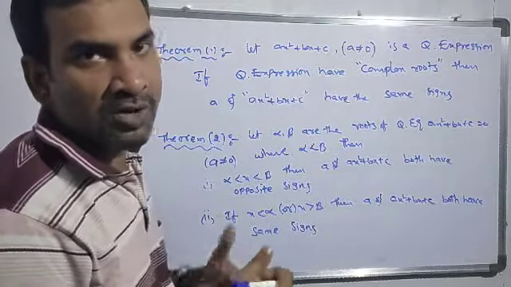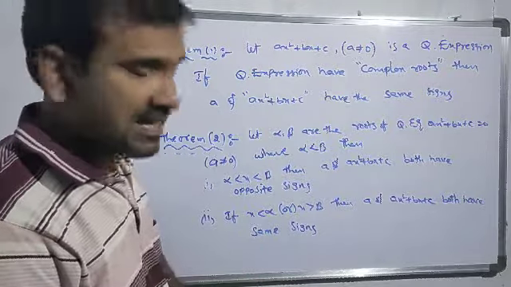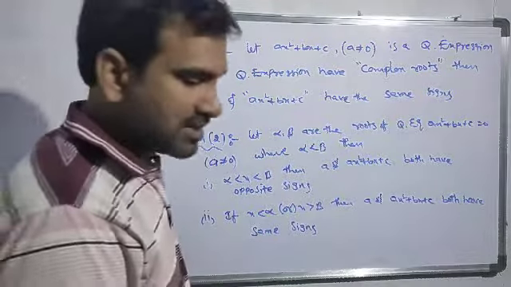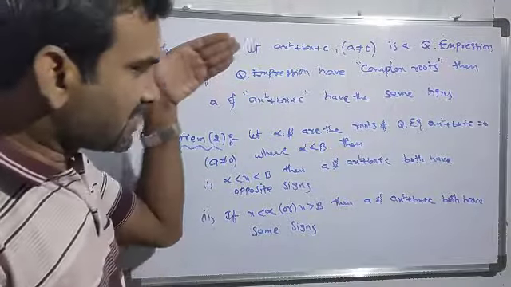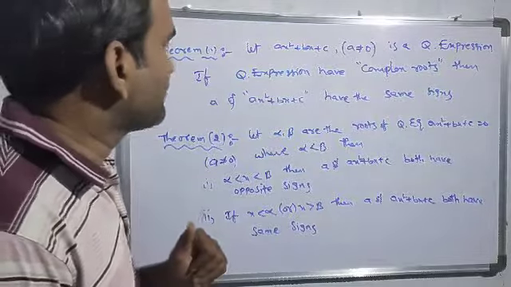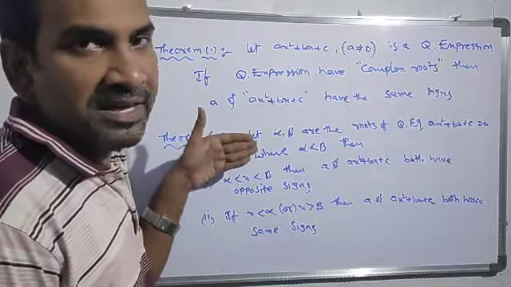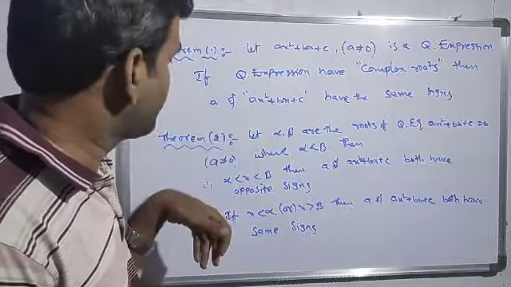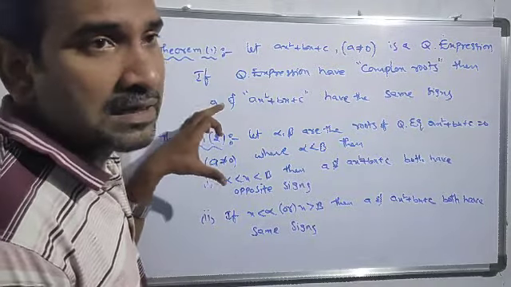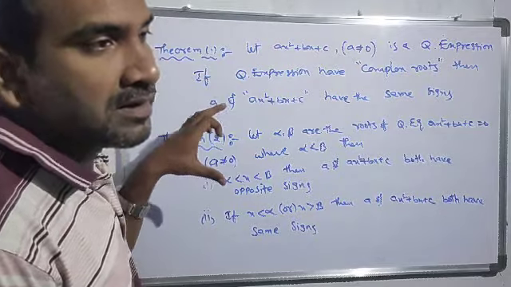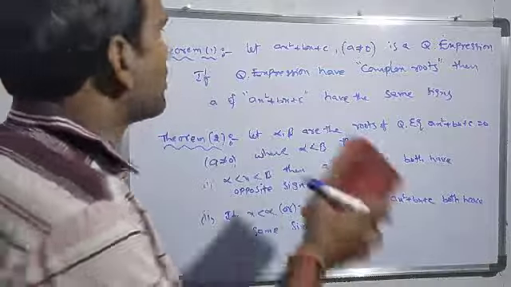So these two concepts are very helpful to solve the increasing and decreasing functions problems. Right, now I will take some problems, and in that condition we just use these concepts. So these are the two important theorems in quadratic equations or expressions. These two theorems are most important. We have to use this concept in finding increasing and decreasing functions. Now I will take some problems.